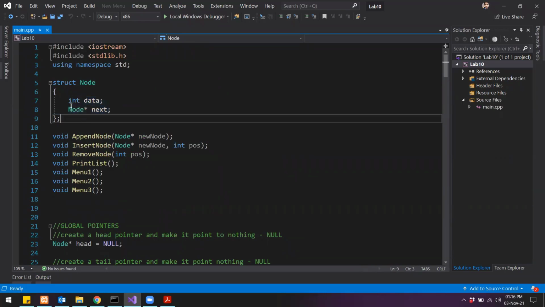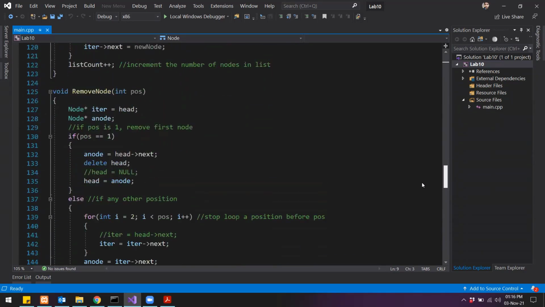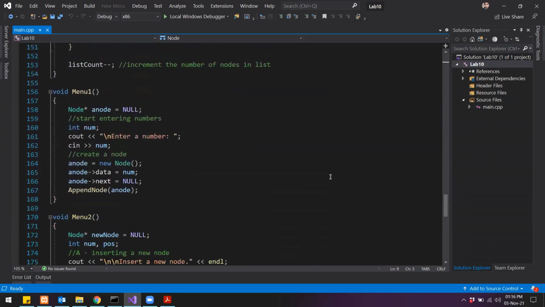For the data value, which is an integer, we are going to update this with the number that the user has entered, right? And then for the next pointer, since currently this is a standalone node, we will simply make this pointer point to null, and that is what is happening inside this menu1 function, right?